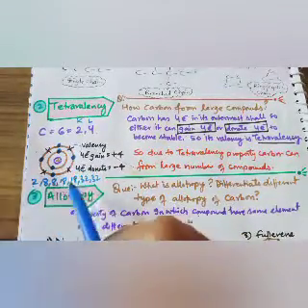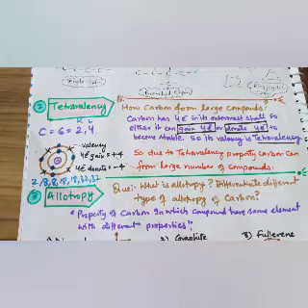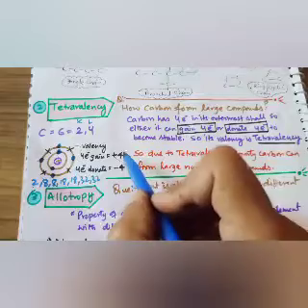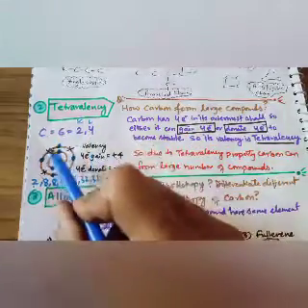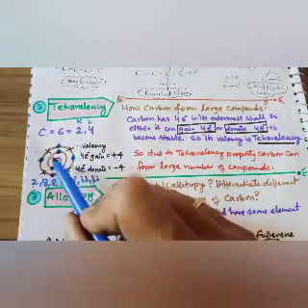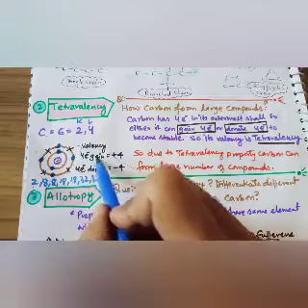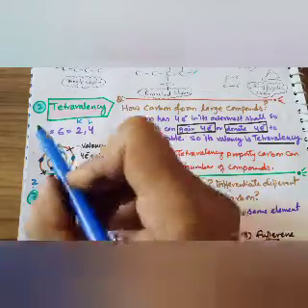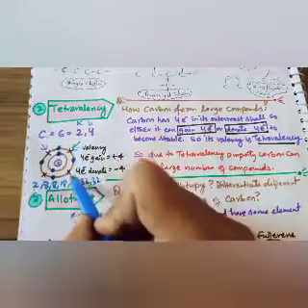So here, if we have already filled 4 electrons of carbon, 4 are left. If 4 are left, it means it can gain 4. If it gains 4, the valency is minus 4. Or the second option: if the carbon will not gain 4 electrons, it can lose 4 electrons.